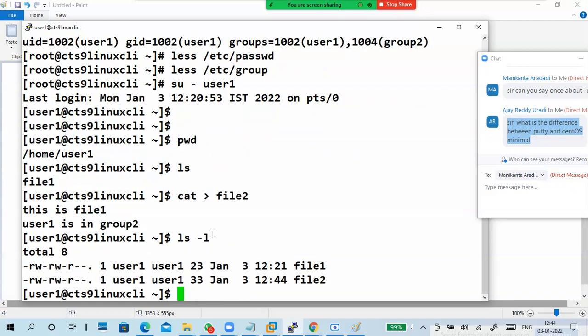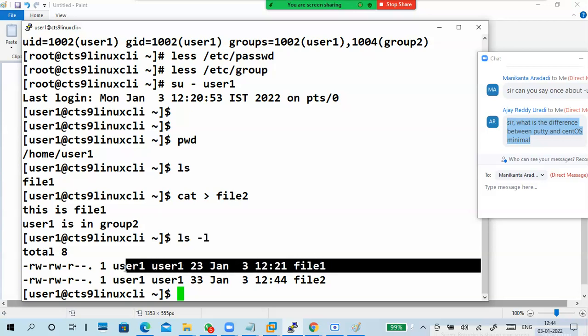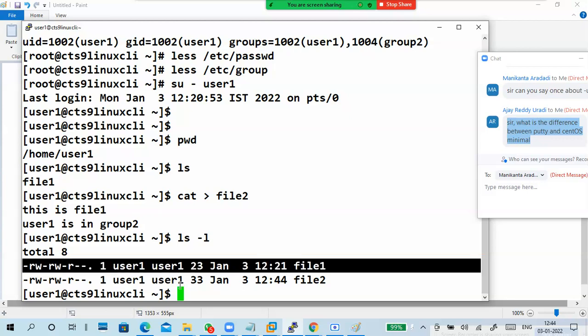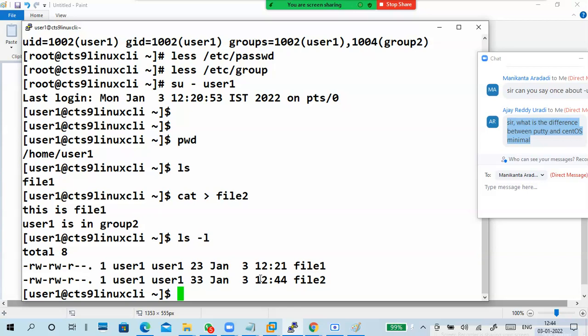If you see file one when I create it, the first column is the username and this is the group name, the primary group. So primary group membership is not changing here. Understand?